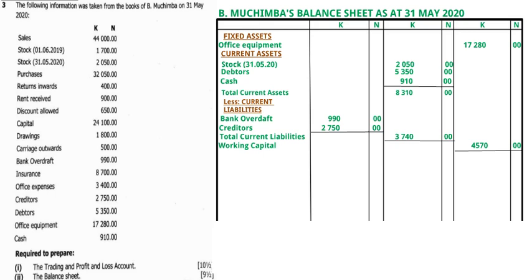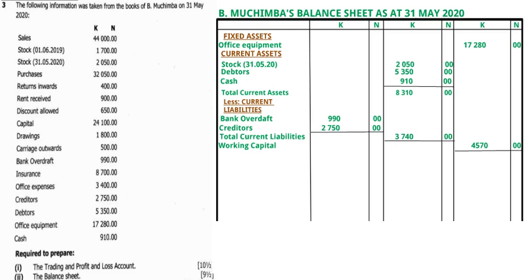Okay, then we come to now, when we have got the working capital. Next, we add the fixed asset plus the working capital, which should give us the net assets. When we add the working capital plus the fixed assets, it's going to give us the net asset. So when we punch 17,200 kwacha plus